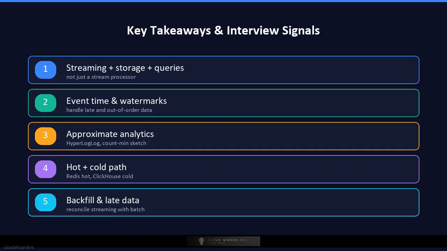Key takeaways for your interview. First, real-time analytics is not just a streaming engine. It is a three-layer problem of ingestion, stream processing, and fast-serving storage. Second, always discuss event time, processing time, and watermarks, because handling late and out-of-order data is what separates toy systems